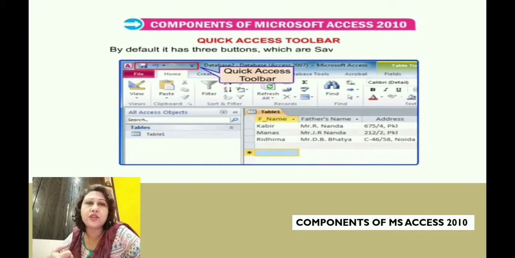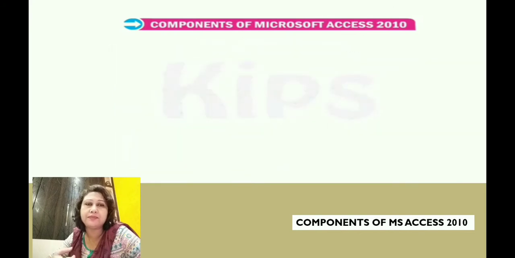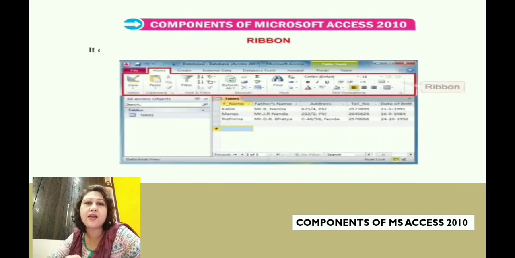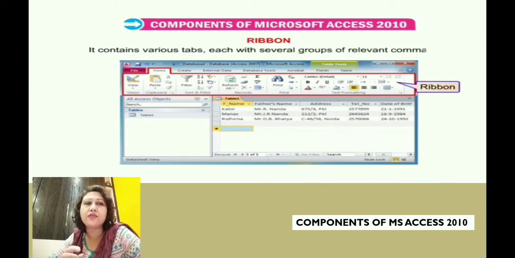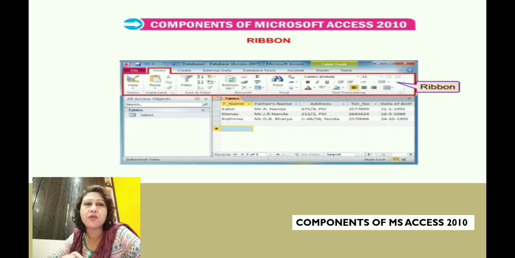That is, the first one is the save button, then the undo and redo button. The next one is the ribbon. So again it contains the various tabs, each with several groups of relevant commands. As you can see, the whole bar is called the ribbon, and some tabs appear when we work with